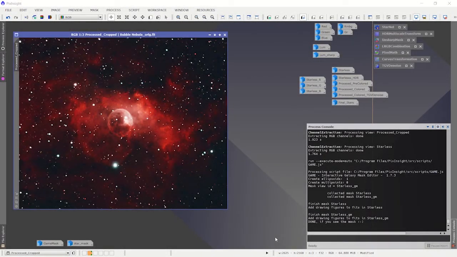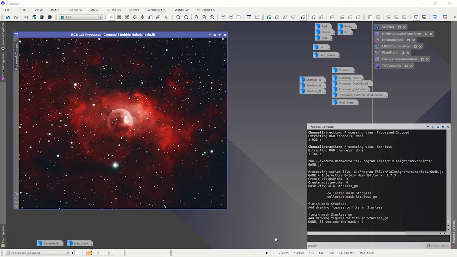In this video, I'm going to demonstrate what I'm going to call a generic process of taking an image like this, which has been processed to some degree in PixInsight, transforming it into an image that has more of the Hubble palette colors. And I'm going to apply it specifically to the Hubble Nebula, NGC 7635, that I captured from my backyard,